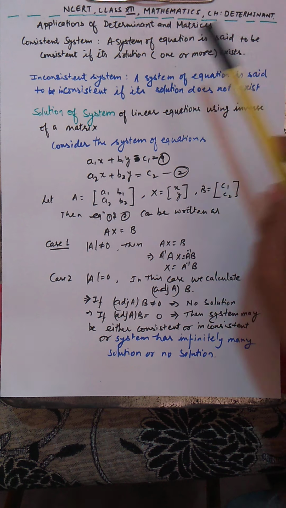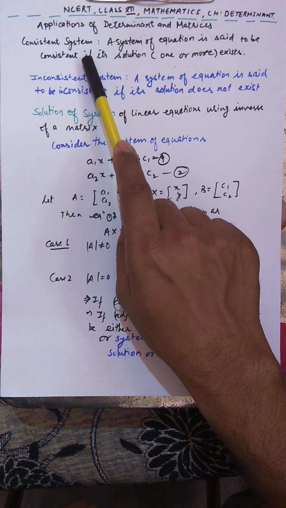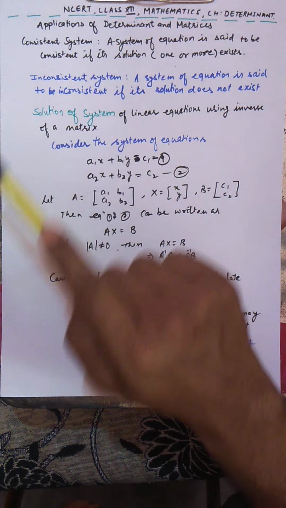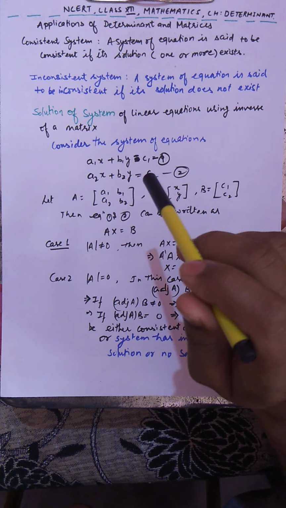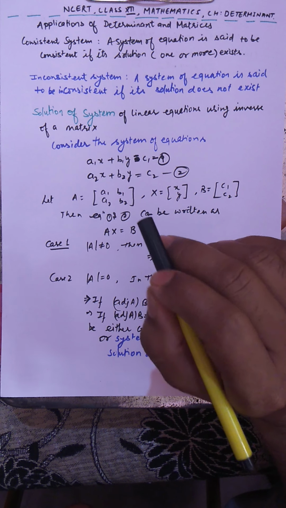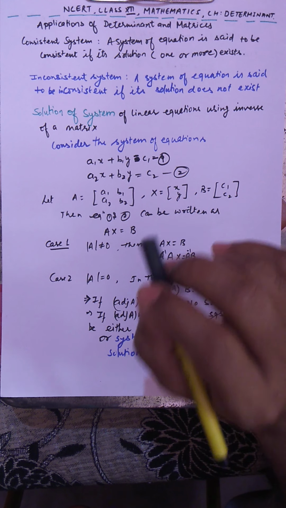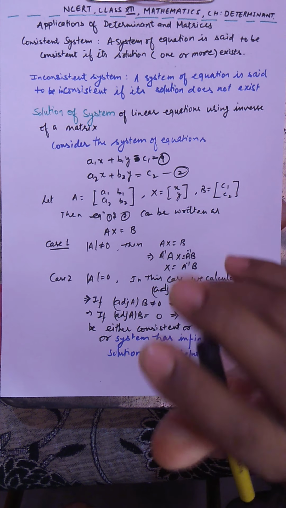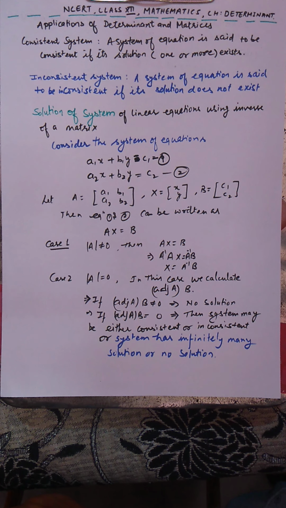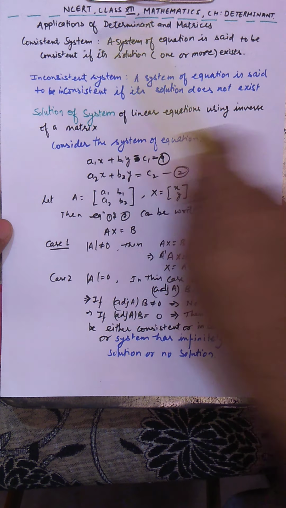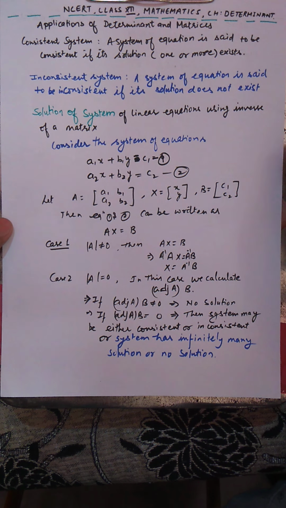So, first, you see this. The first one is written consistent system. Now I want you to remember the linear equation in two variables. If you remember, then keep in mind those pair of linear equations in two variables while I'm going to discuss all the concepts. So consistent system, if you remember, consistent means in class 10th there were equations called consistent.